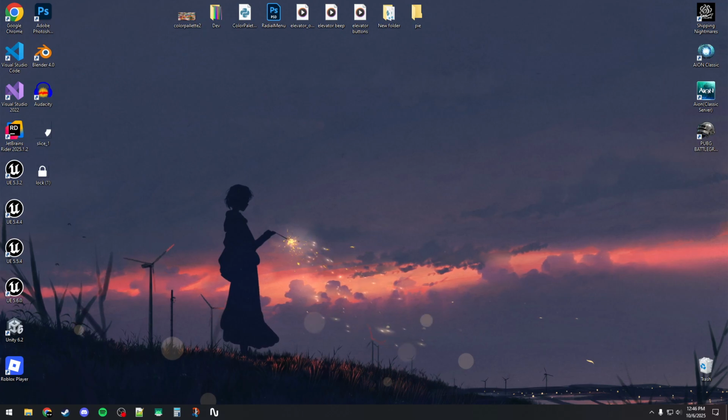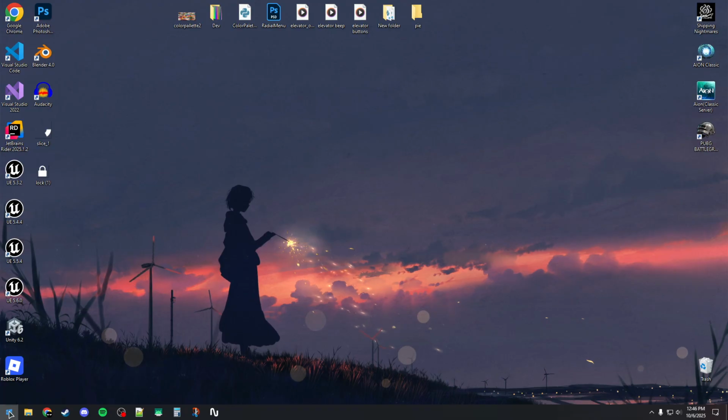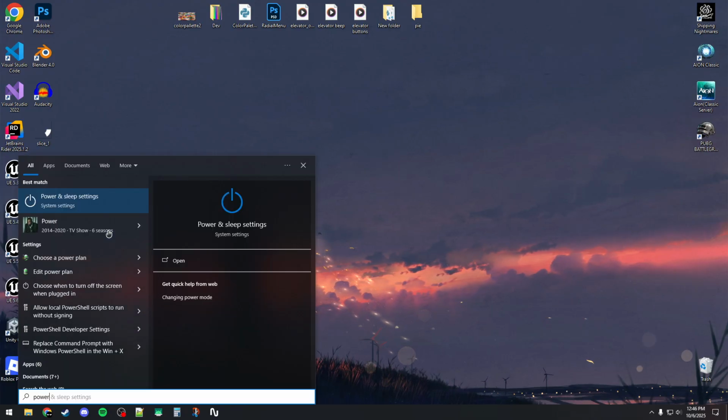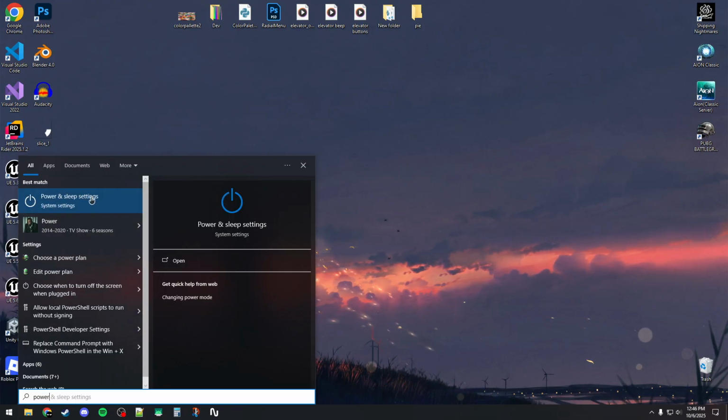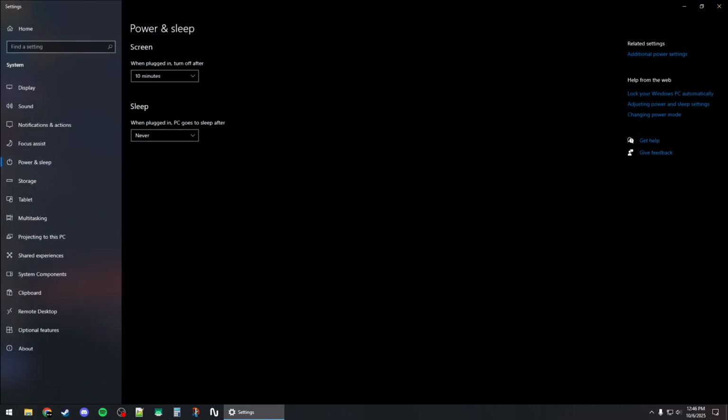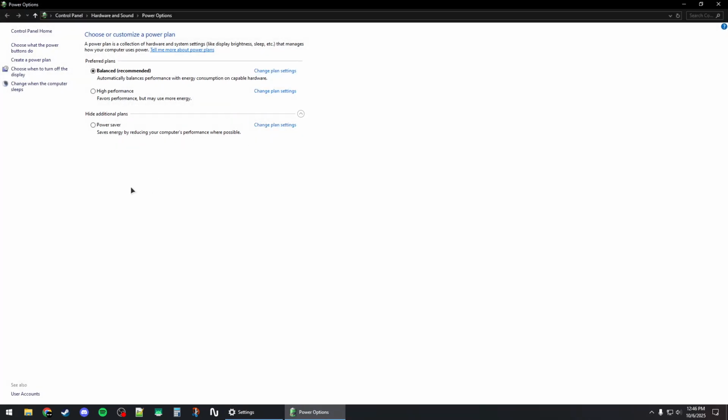How to change the power mode in your Windows 10 or Windows 11 computer. First, open up the Start menu and then search for Power and Sleep Settings, and then click on the first result. Now on the left side you should see Additional Power Settings. Click on it, or at the bottom for Windows 11, and from here you should be able to select your